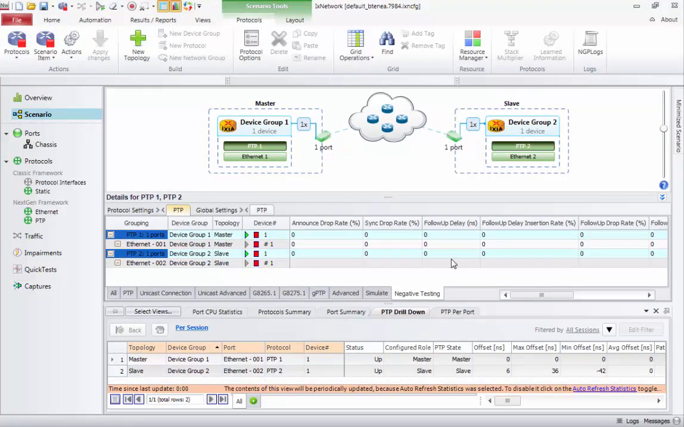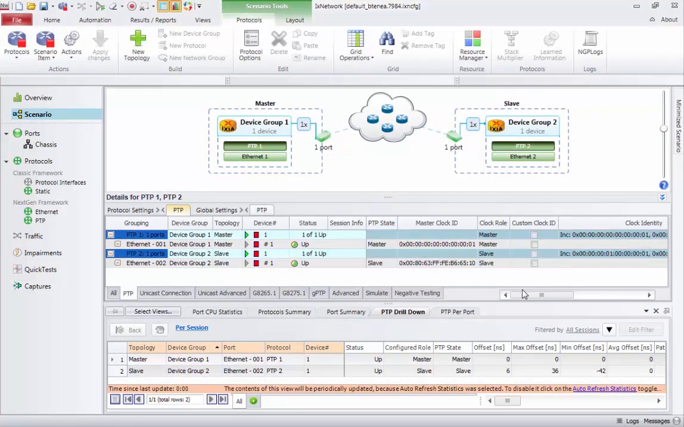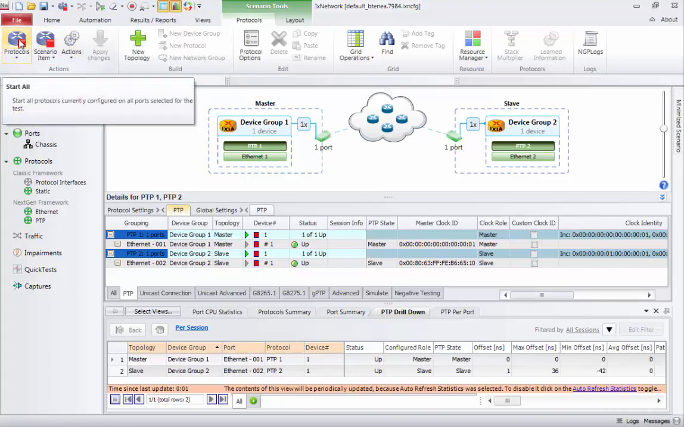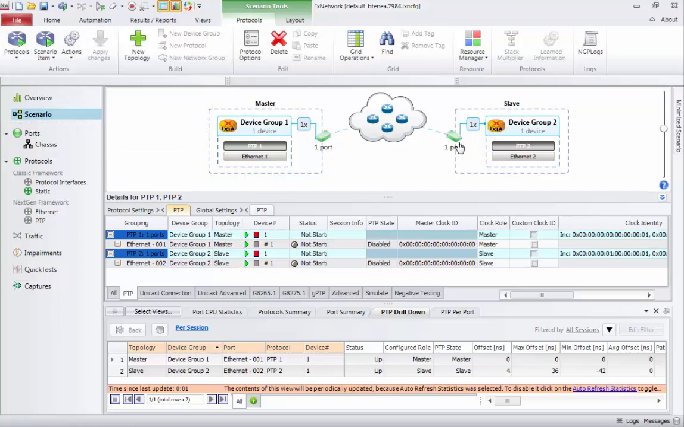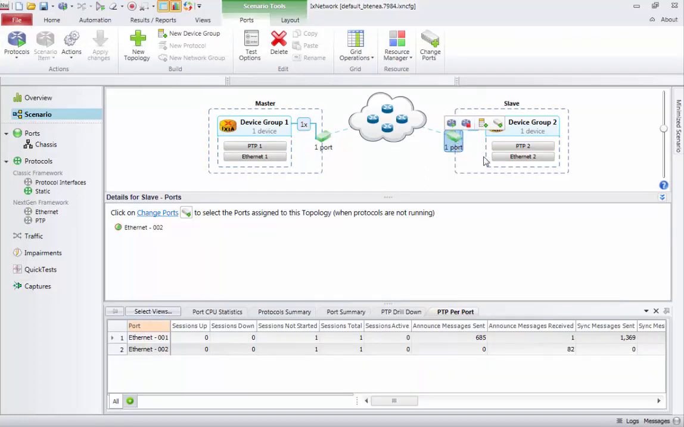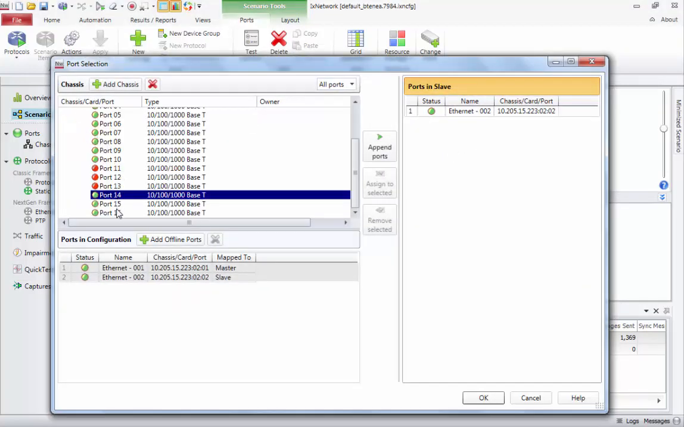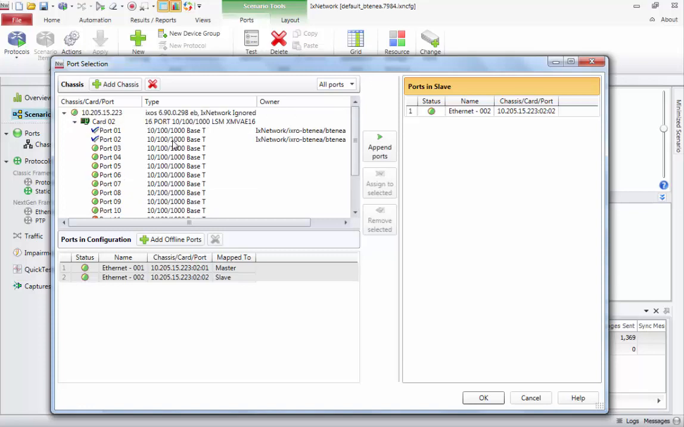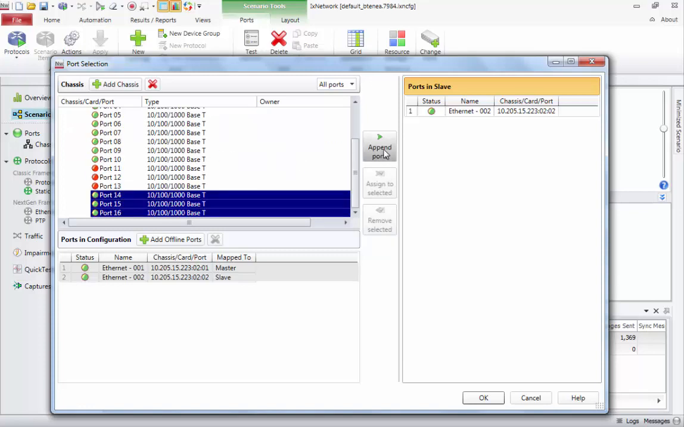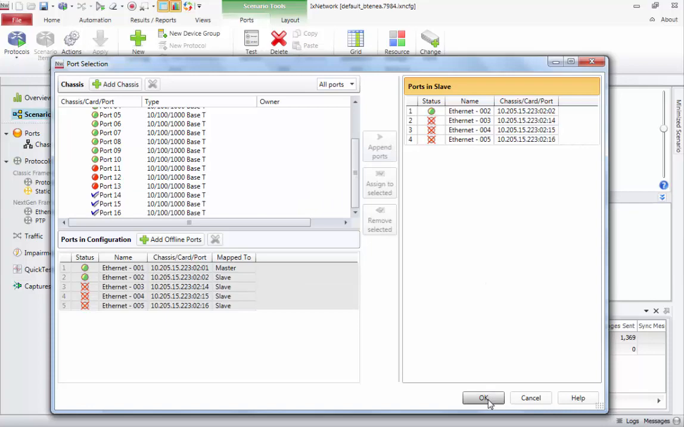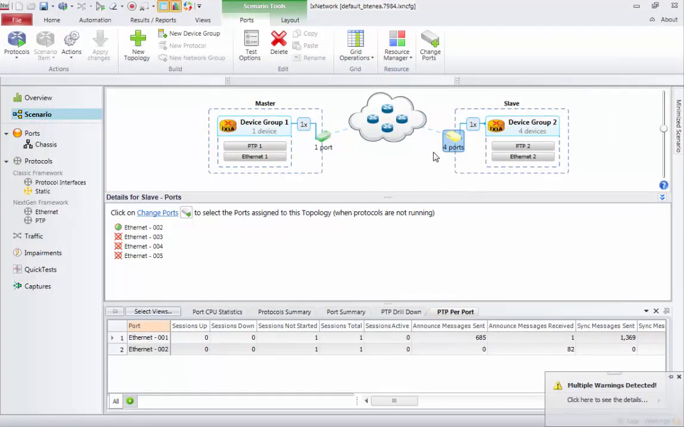Another very important thing to test if you have a multi-port PTP capable device is scaling. And to do this, you simply need to add more slave ports connected to the device under test. To do this, you simply select the ports in the slave device group, select the ports that are connected to the DUT on the respective card or chassis, add them to the slave device group,